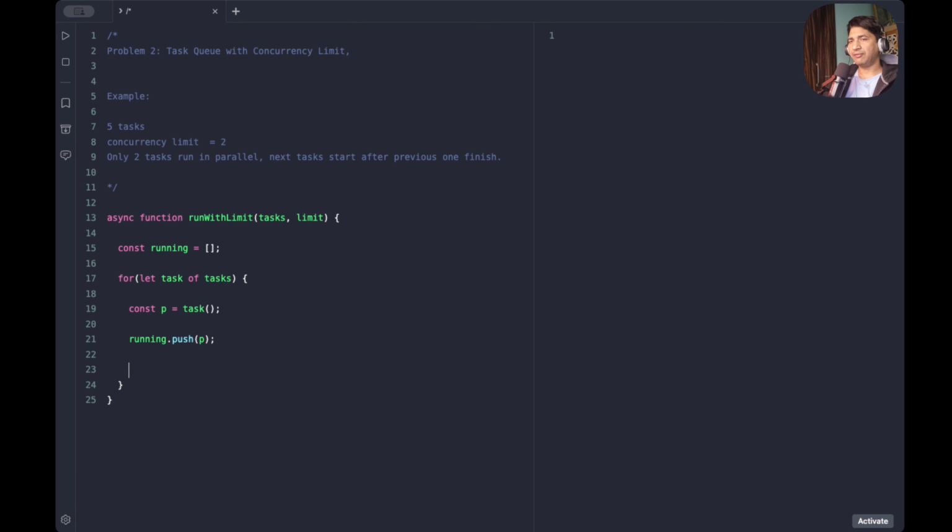Now we will check if the running task is exceeding the limit or not. If running dot length is greater than or equal to limit, then what we'll do? If the running task is greater than the limit, we have to wait until this running task gets completed. Await